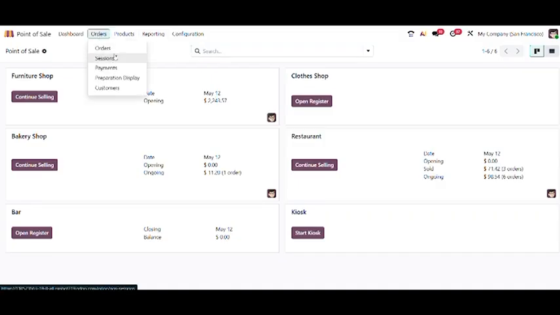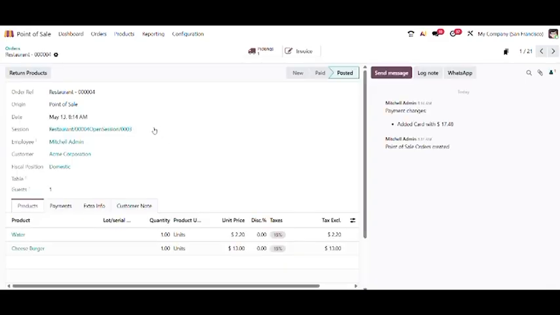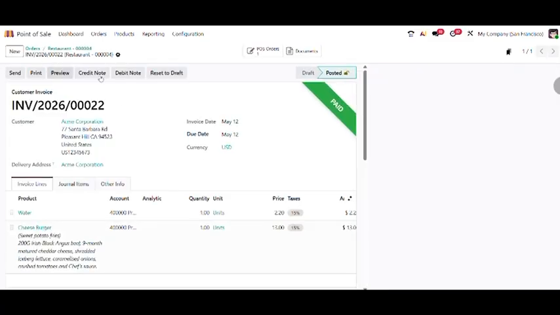First, let's open the orders menu. In this section, you can view all the orders created through the restaurant POS. You can see the order status, customer information, and other related details. When you open an order, you can view complete information, including inventory transfers, delivery operations, and invoices associated with that